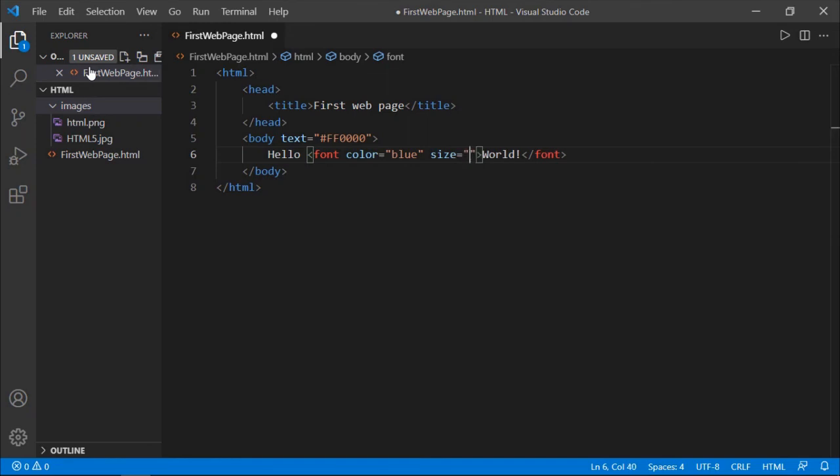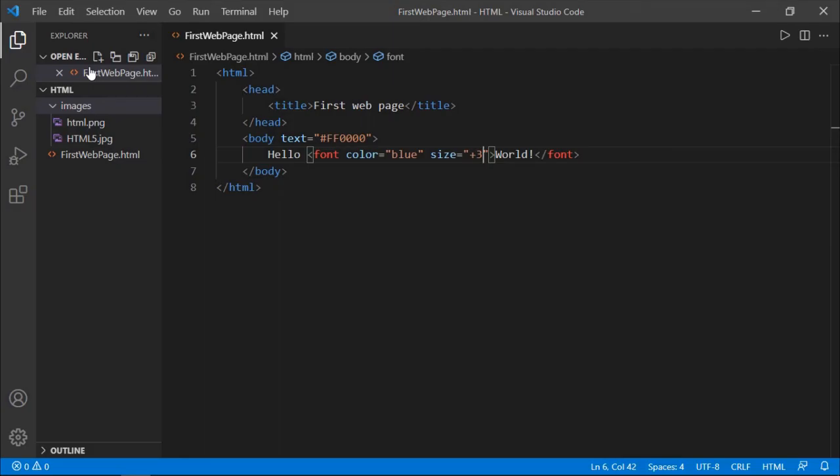You can assign two kinds of values, either a positive integer or a negative integer. A positive integer is added to the default font size. Let us assume the default font size is 12 pixels, so 12 plus 3 is 15, which means the interpreter is going to display the word world with a 15 pixel font size.